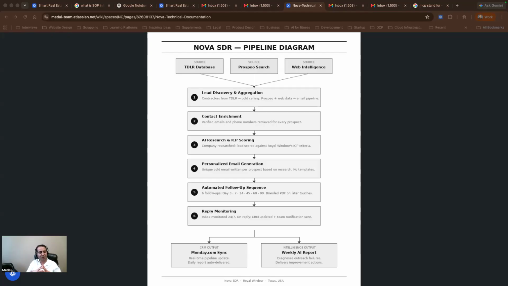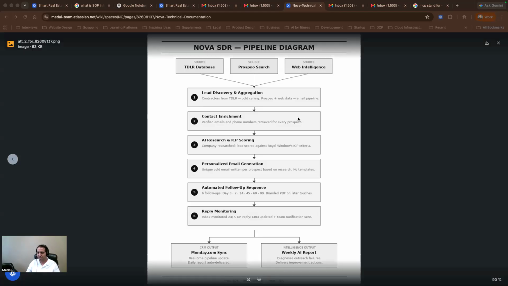But the origin story, how it was born, started from a mid-sized company that was having a hard time revenue-wise and couldn't hire enough salespeople. So they were looking for cheaper solutions that had good quality, provided qualified leads, and made contact with their leads. So Nova was born out of that need,